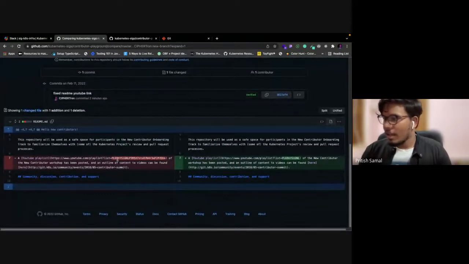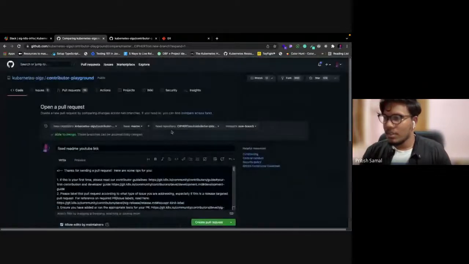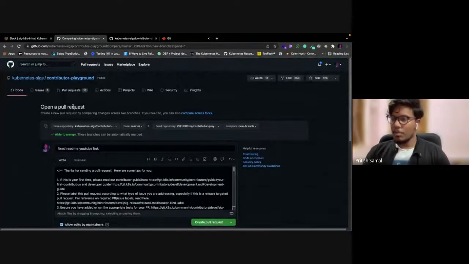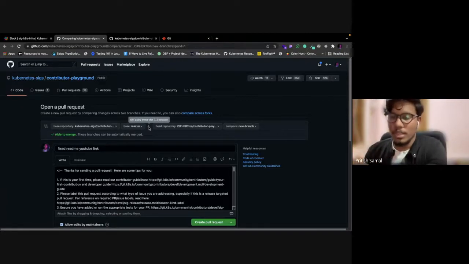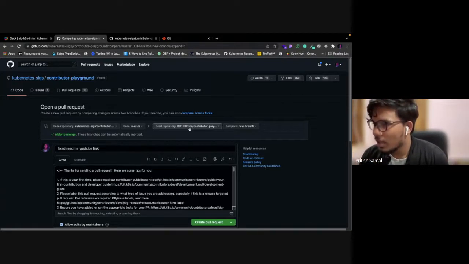See, I changed this to this, and this is what is called a pull request. Here you can see this arrow shows from which repository and which branch the code is being pushed to which repository and which branch. As you can see here, the code is being pushed from my repository, from a branch named new branch, to the